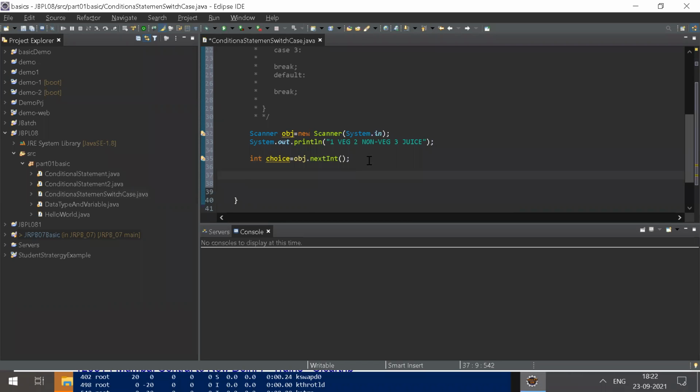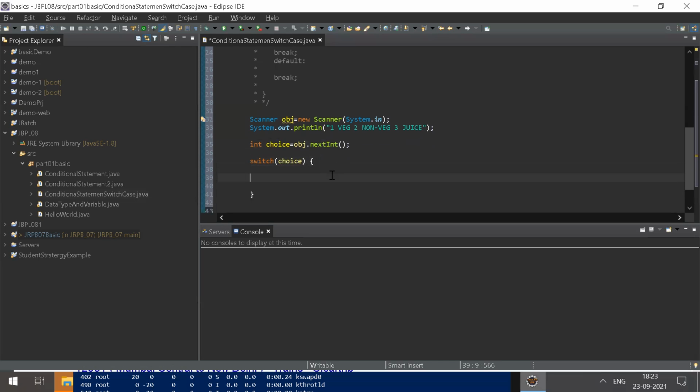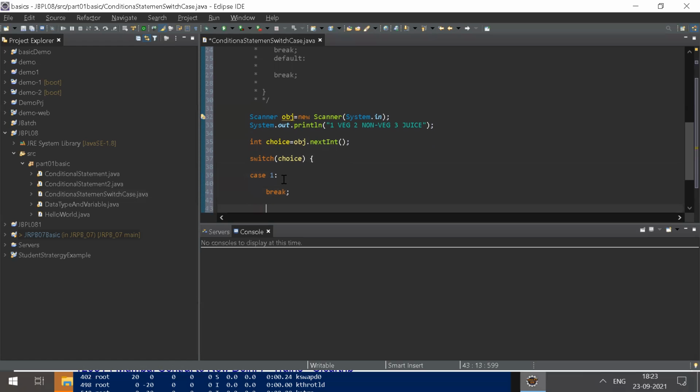So what is the syntax of switch? Just write switch, parentheses, and put our variable name choice inside, then curly bracket start and curly bracket end. In between I am writing the blocks. Suppose we get case 1, this will execute this block.